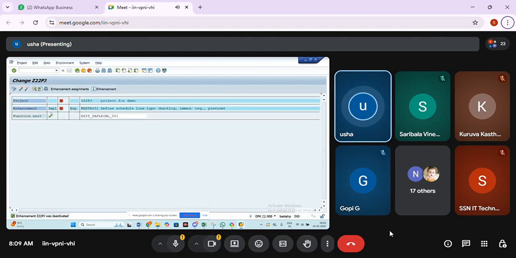See, it is deactivated. I implemented it but don't want it now. So you have a deactivate button, also undo activation. For programs you'll have only the activate button, but only for enhancements you'll have deactivation also.